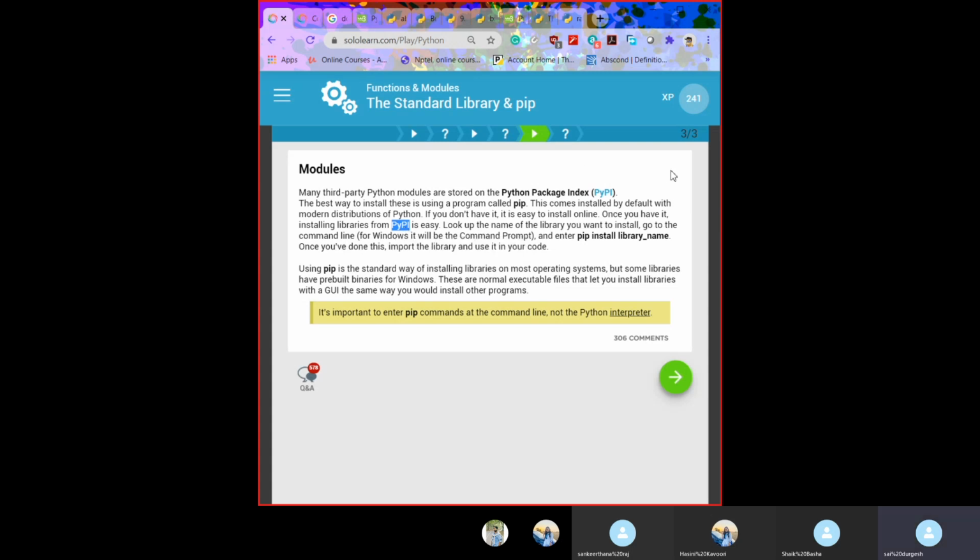There are so many third-party libraries that we can save in our libraries. These libraries and functions make it very easy for us to program and complete the instructions. Once I will screenshot this slide and share. One second.